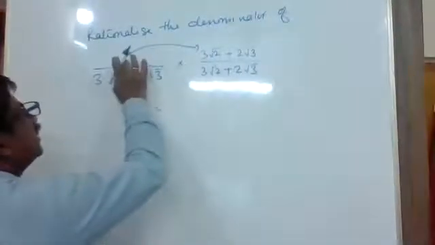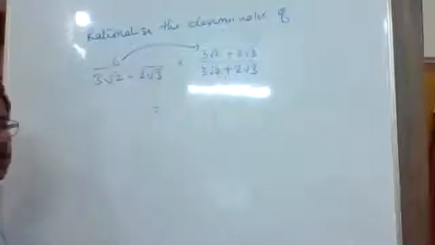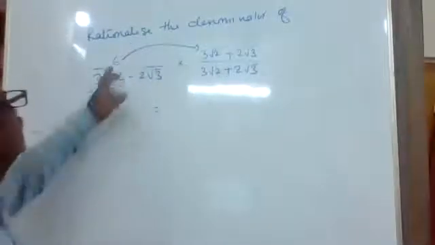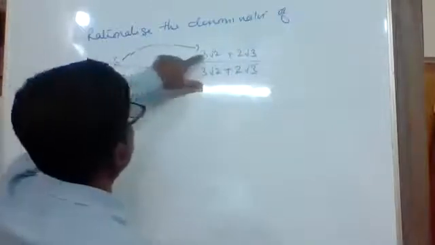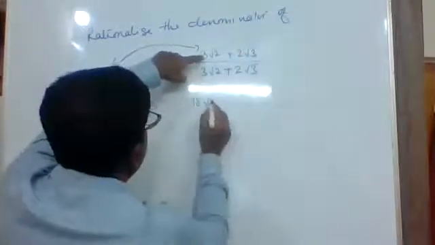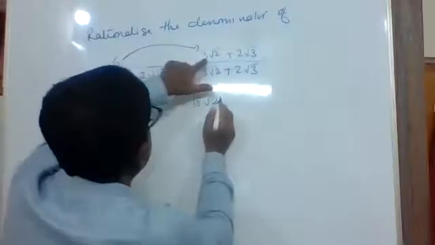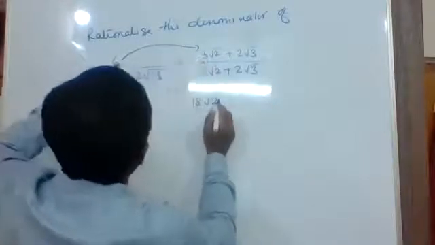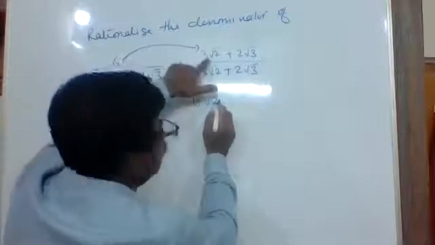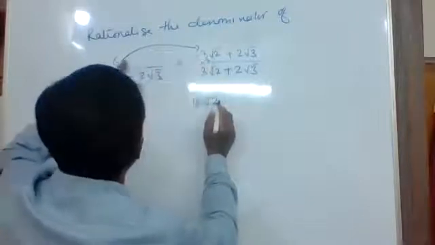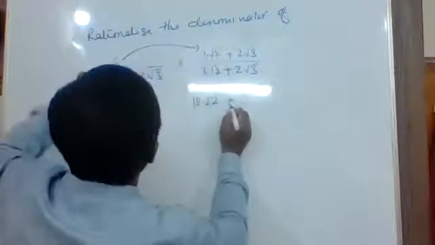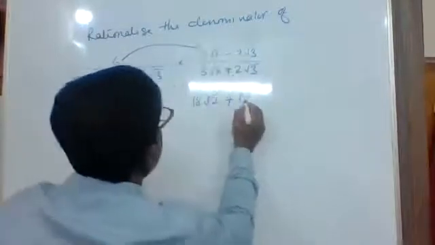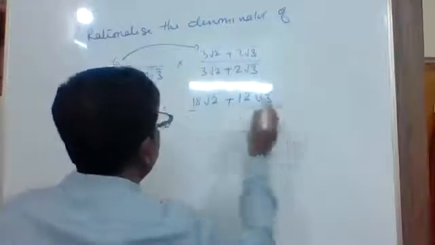Till now, in every example, we had taken 1. But here we got the number 6. Therefore 6 has to be multiplied with each of the terms. What are you going to get? 6 into 3, 18 root 2. When you're multiplying 6 with 3 root 2, 6 3s are 18. The rational part 6 has to be multiplied with rational part 3. And since there is no irrational part, directly I have written root 2. Plus 6 into 2, 12 root 3, upon